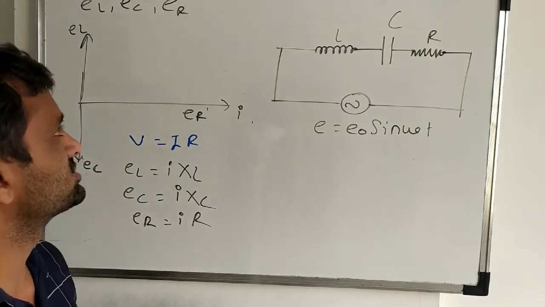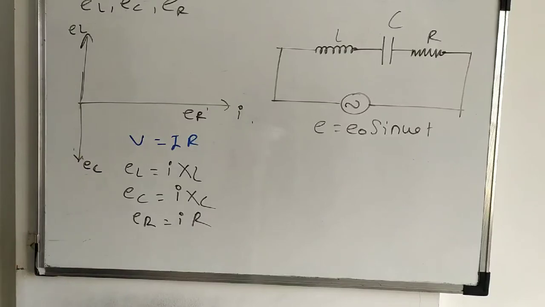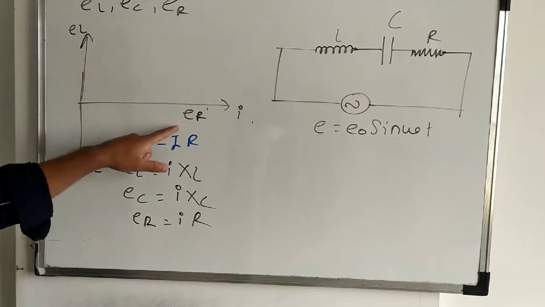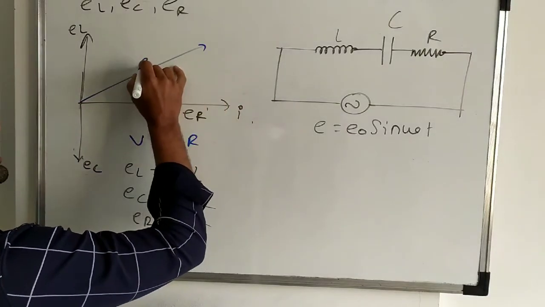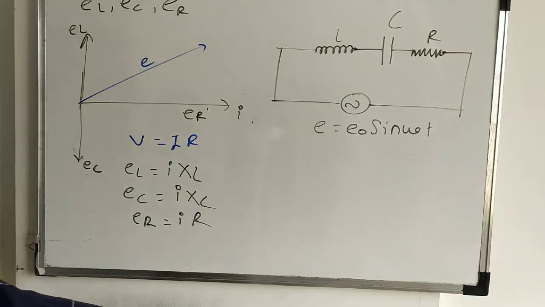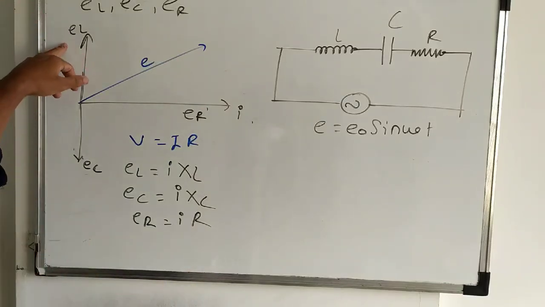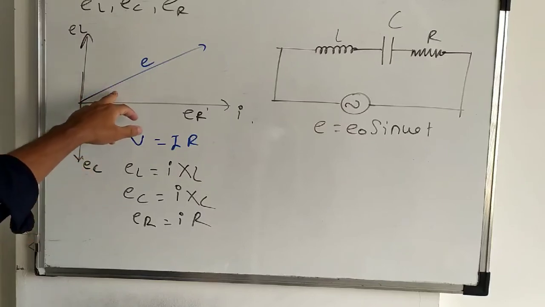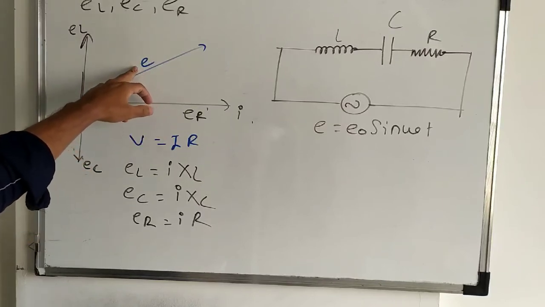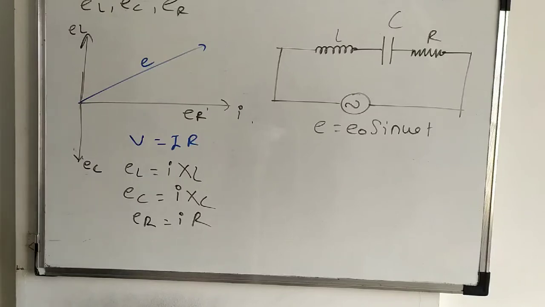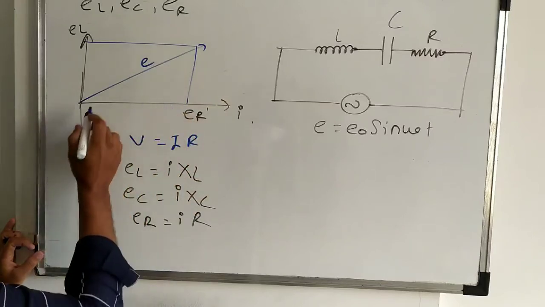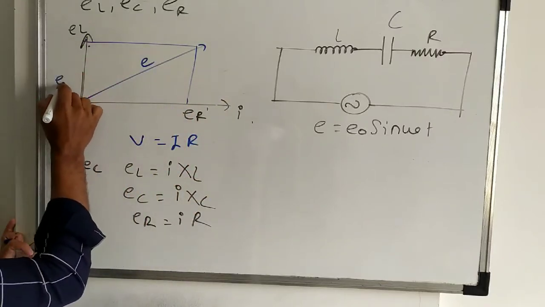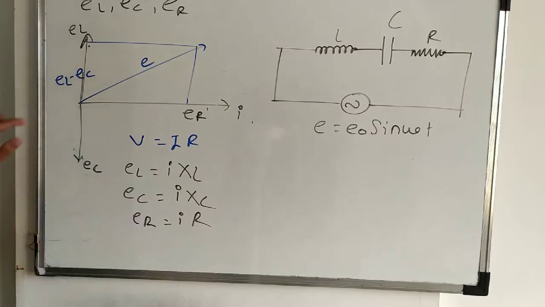Now what about the resultant in this case? How we can draw the resultant for EL, ER and EC? Then we can draw the value of resultant here, that is E, but the E would shift towards the EL because EL is greater than EC. Therefore the resultant would shift towards the EL. If you complete the diagram, then what will happen? We can complete the diagram here. What does this value become? This would be EL minus EC, because EL is greater than EC.